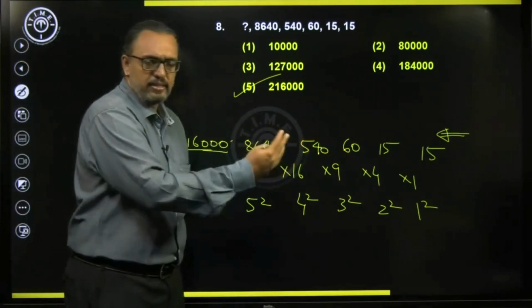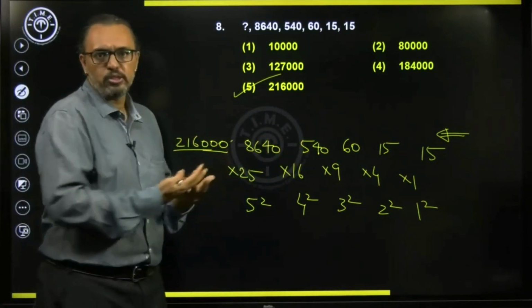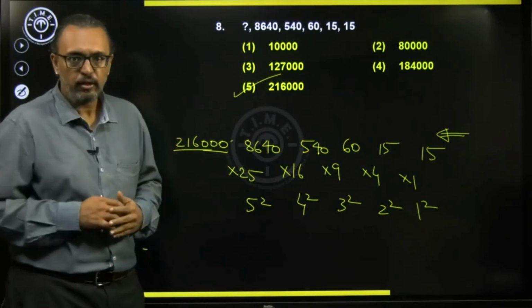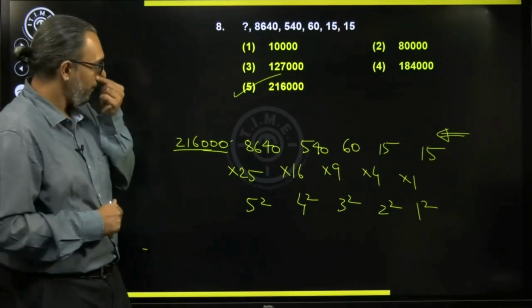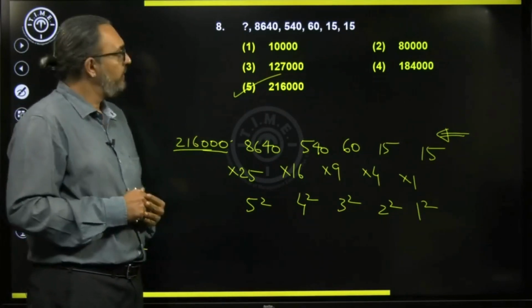So whichever is the easy way to identify a logic, approach in that manner. That way you will get your answer. Okay. So choice 5 is what we get. Then